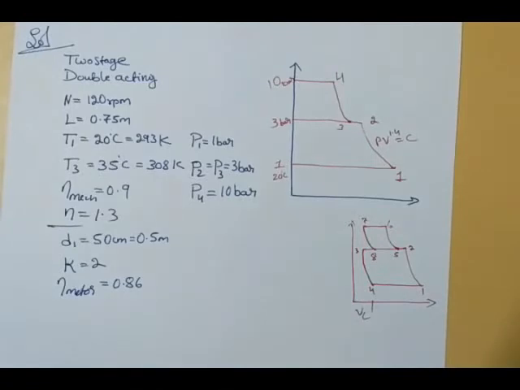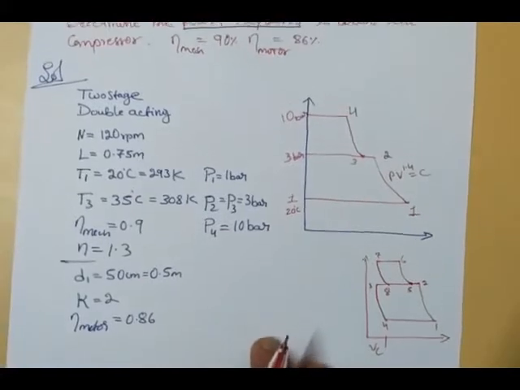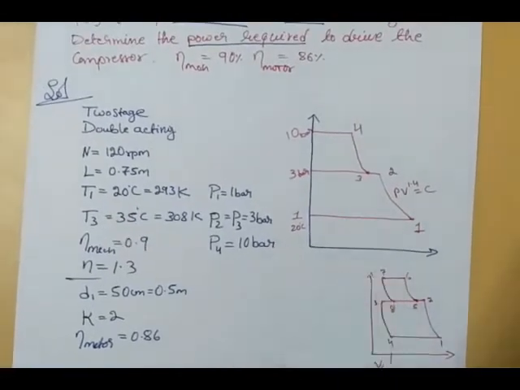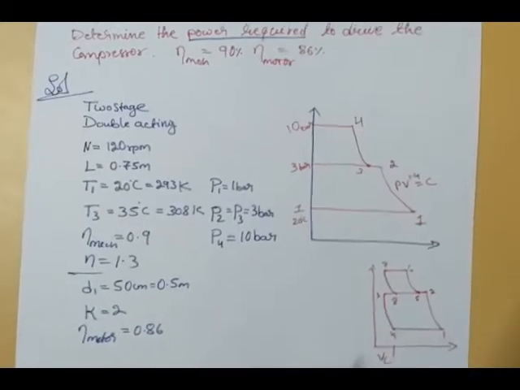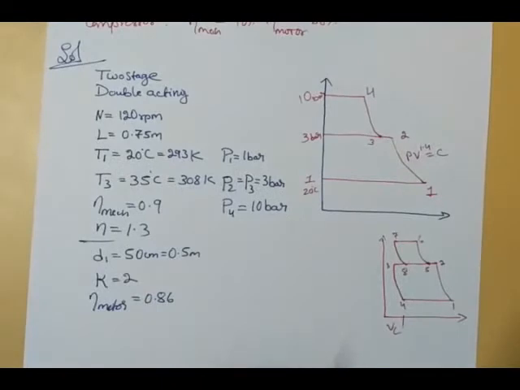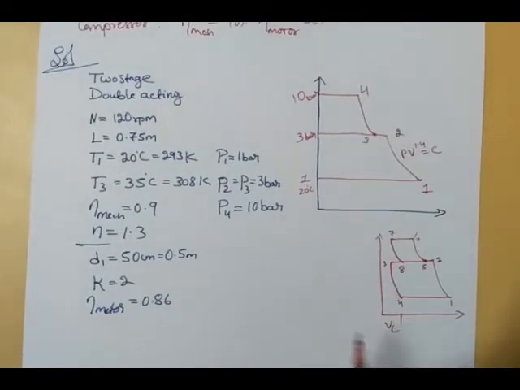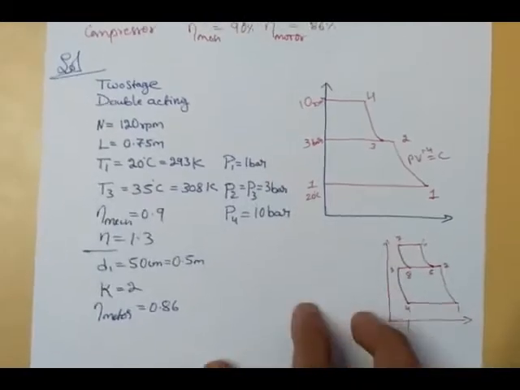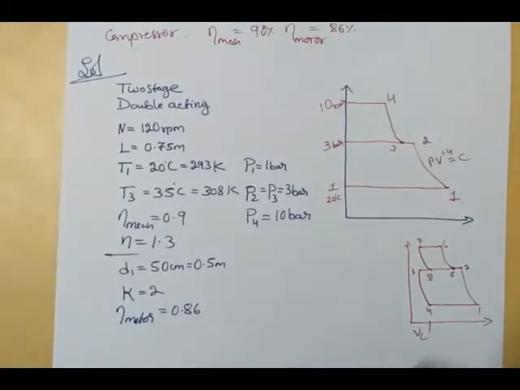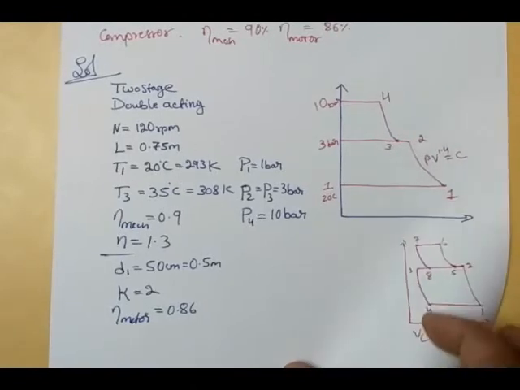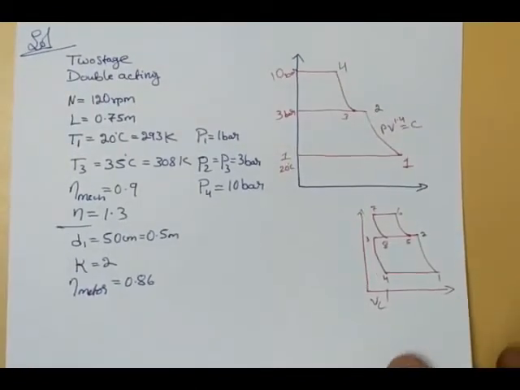Okay, so the problem may be any kind, maybe with clearance or without clearance. Accordingly that should be solved. To start with, we'll do without clearance. Later we'll solve problems with clearance. Otherwise also we should be able to solve with the same logic applied for what we did for the single stage compressor. So next we will use the data given to calculate the work input.